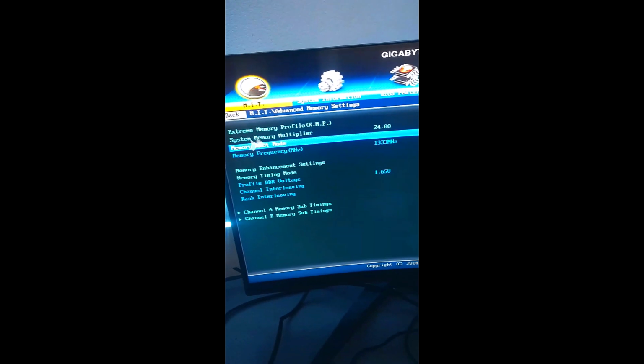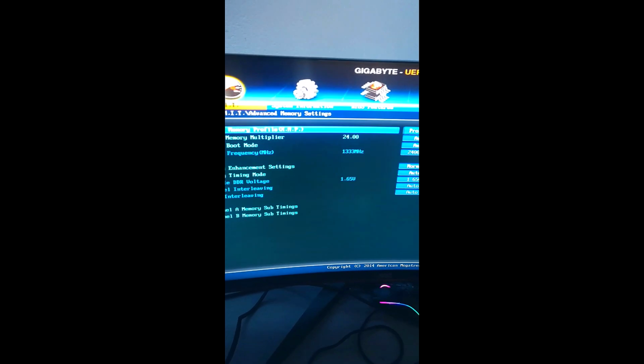Okay, so when you first go to M.I.T., it'll probably bring up something similar to this. So you click on advanced memory settings, and the first thing should be extreme memory profile, XMP. So by default, this will, I'm not pretty sure, I know for a fact will be disabled. So basically,